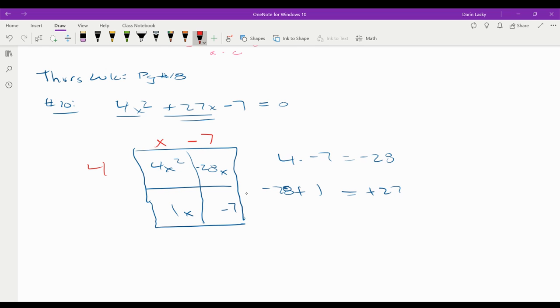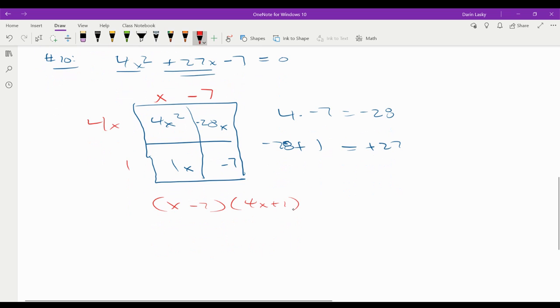I can also divide out an x. And on the bottom here, I can divide a 1 out of each of those. So here's my new equation: x minus 7 times 4x plus 1, and that equals 0. So by the zero product property,